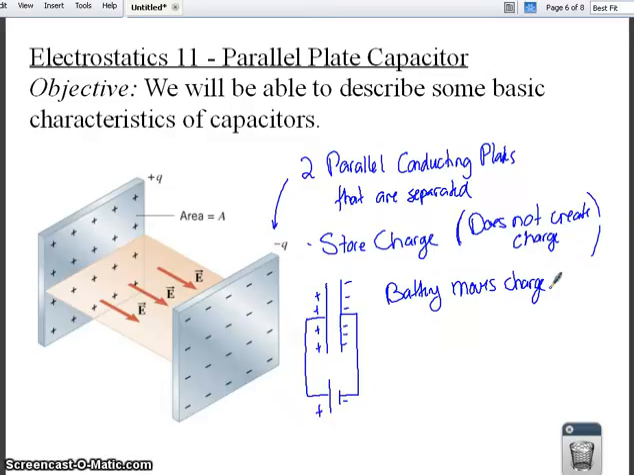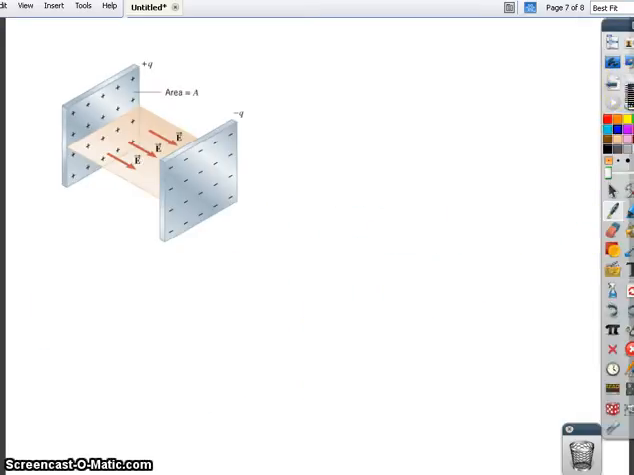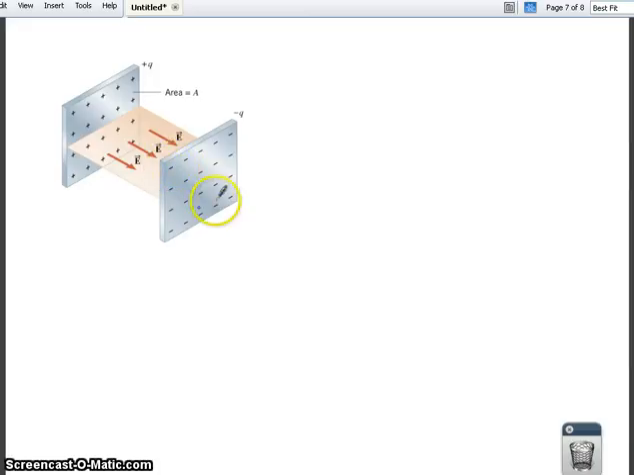Different. So, what we now have are a positive plate and a negative plate. And because of that, we now have an electric field in between these two, going from positive to negative. And because there is so much charge on this end and a lot of charge on this end, what we find here in the middle is that we have a uniform